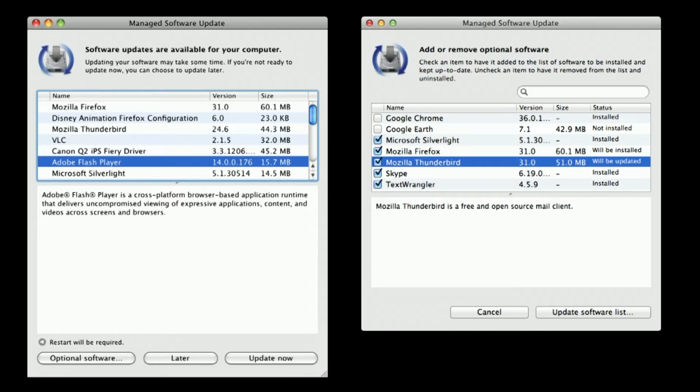But optional software was added later, sort of as an afterthought. It was hidden by default. You had to click that optional software button to bring it up. And it was pretty unintuitive to use. You installed by clicking checkboxes. I mean, it was the only way you could figure out how to cram that